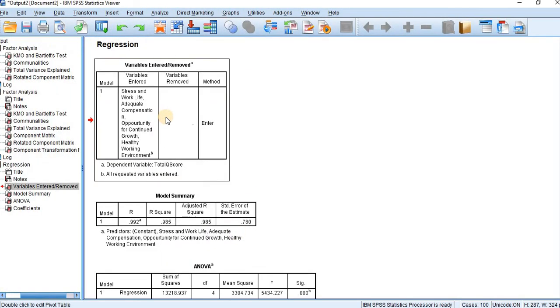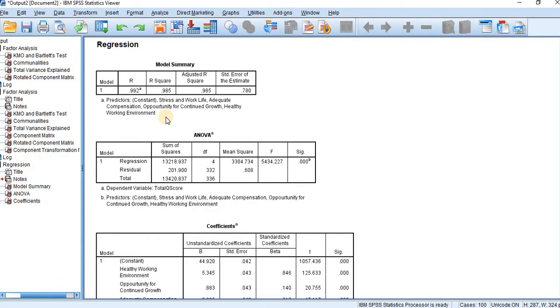Let's get all the variables, all the information. Regression gives 3 tables. One is the model summary about the fitness of the model and the relationship among the variables, and it is the point for generalization. So R square, R is 0.992.